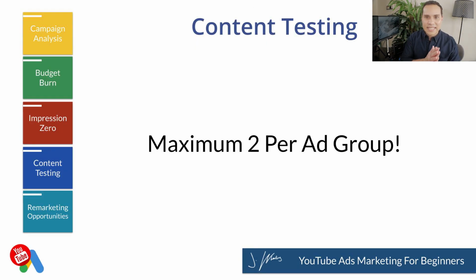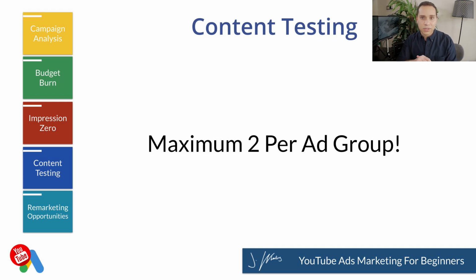Next, we have content testing. Once you've figured out your audiences, this is where you want to spend the majority of your time. All you need to do with your content testing, with your ad testing, is make sure that you have 2 ads in each one of your ad groups. Because Google is going to try and optimize it for you, there's actually not a way you can force Google to evenly rotate it without getting advanced with some silly rules and coding. So I'm not going to get into that.